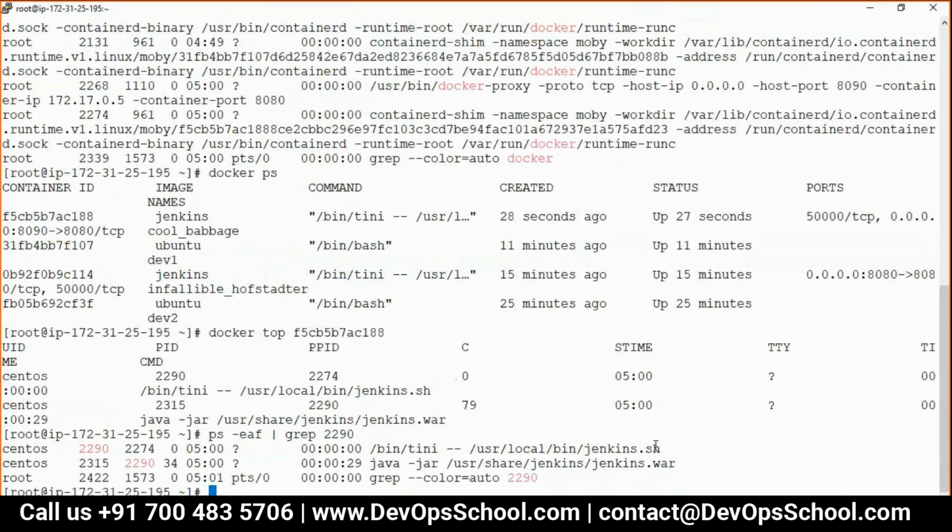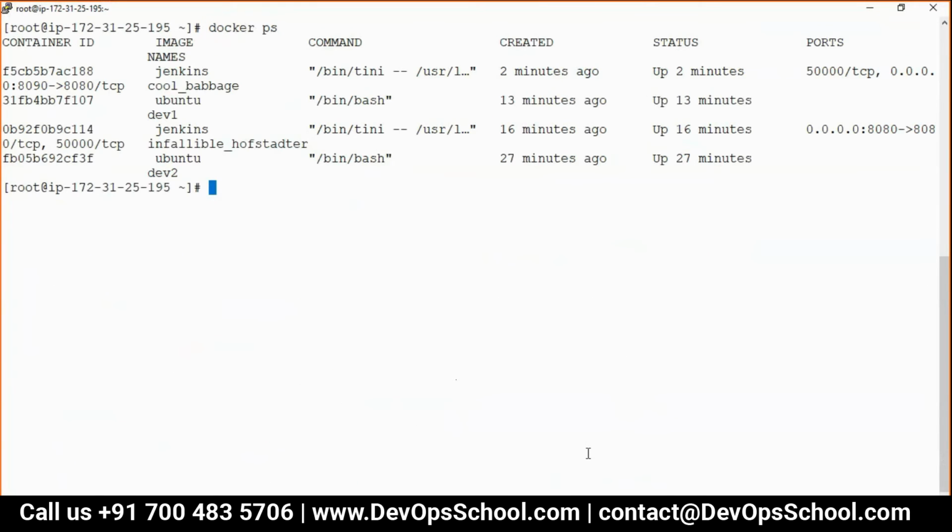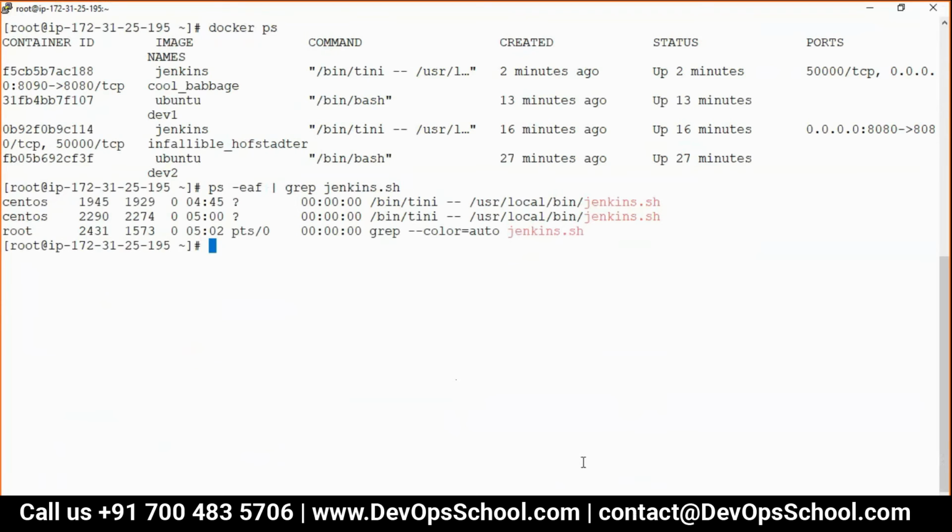If you want to query, as of now I think I have three Jenkins running, right? docker ps, 1, 2 Jenkins. So ps -ef | grep. See, the first two processes are 1945 and 2290. These are running inside a container, but with a different PID.